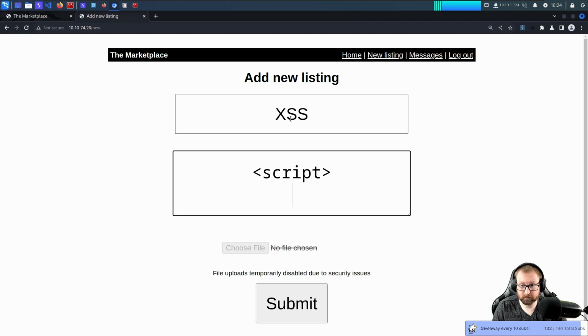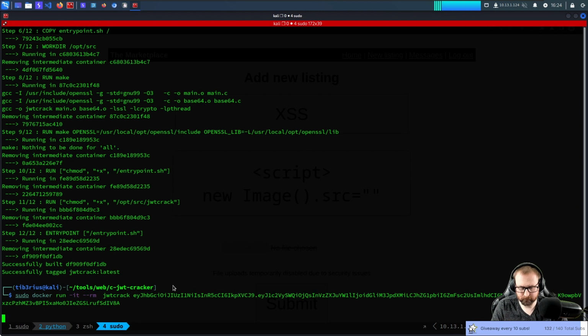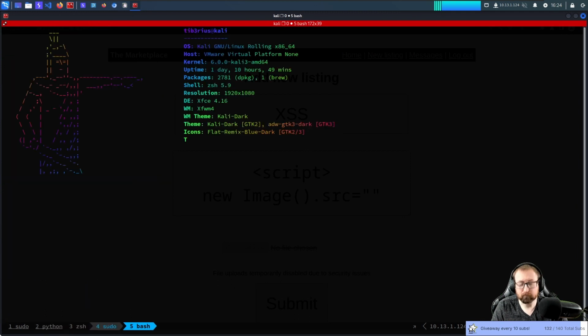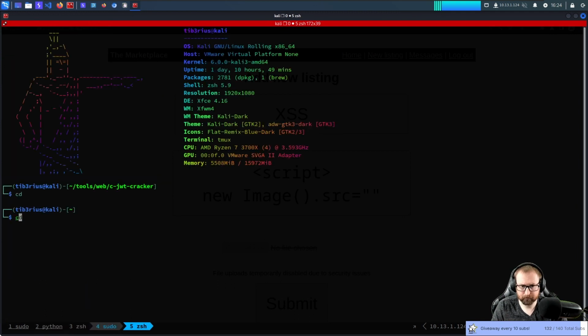We're going to go new image dot source equals, and then we're going to create a Python web server. Don't really necessarily have to do it anywhere in particular, but I'm going to do it here. python -m http.server.